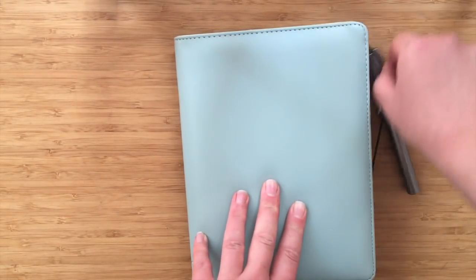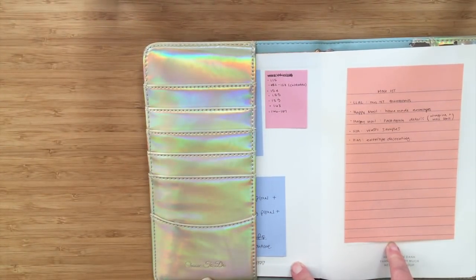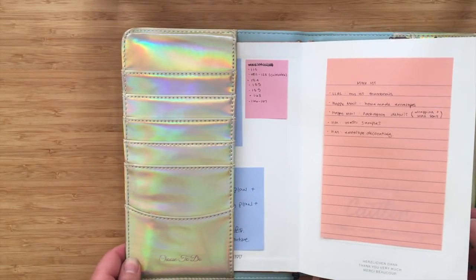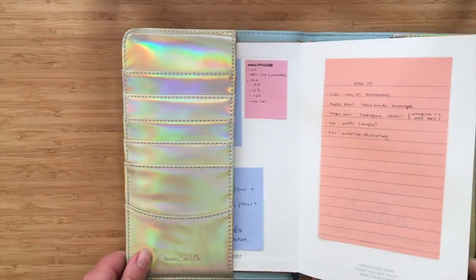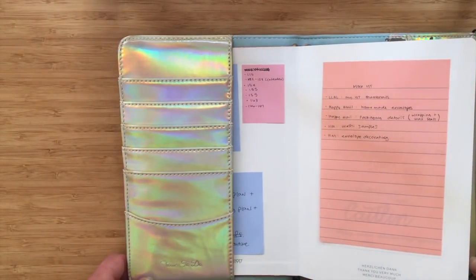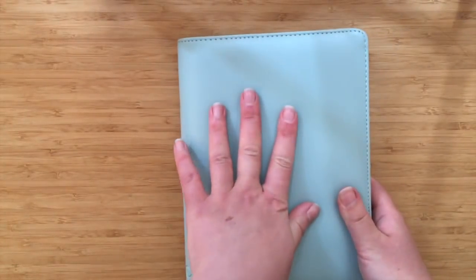If I had one thing that I would like different, I would like to have the option to not have the holographic inside. Now, that's just me. You guys know I'm super boring and I don't like super flashy things on my notebooks, my copper bullet journal notwithstanding. So that would honestly be the only thing. But seeing it in person, it is less startlingly holographic than I thought it would be. It definitely is holographic, but it's more muted than I thought it would be in person, which I really appreciate. And also, when you're using this on the inside, what you're going to see is this cover, and this is what I was more concerned about, and it's a really lovely